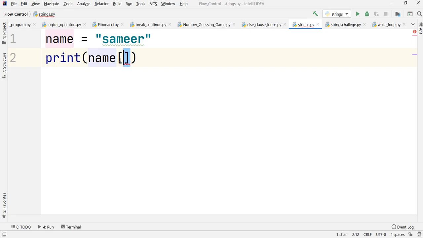The indexing should be done inside the square brackets as I have written. In the square brackets, you have to put the position which you want to access. Right now I want to access this particular position, and to access it I will have to put the number 2 over there.